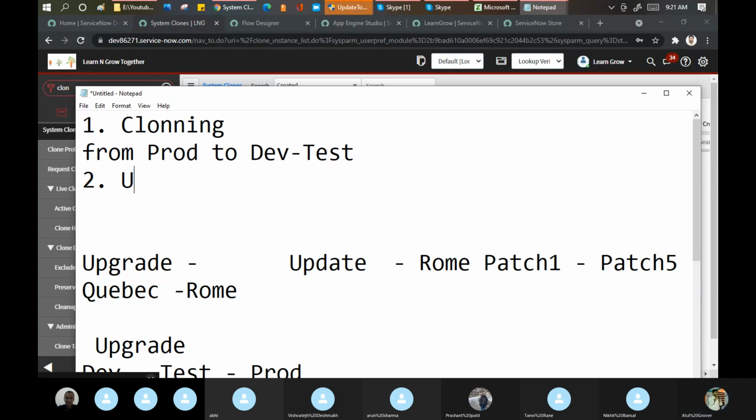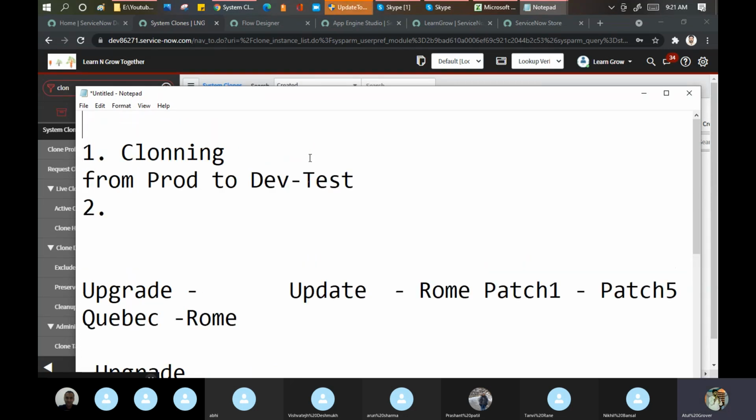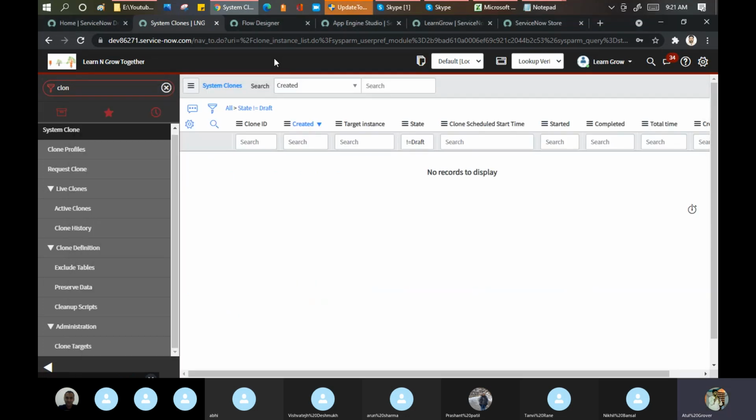No, before cloning, an important point. Suppose, let's take an example. When I say I'm cloning my instance from my production instance, and I say it is a copy paste, what does this mean?